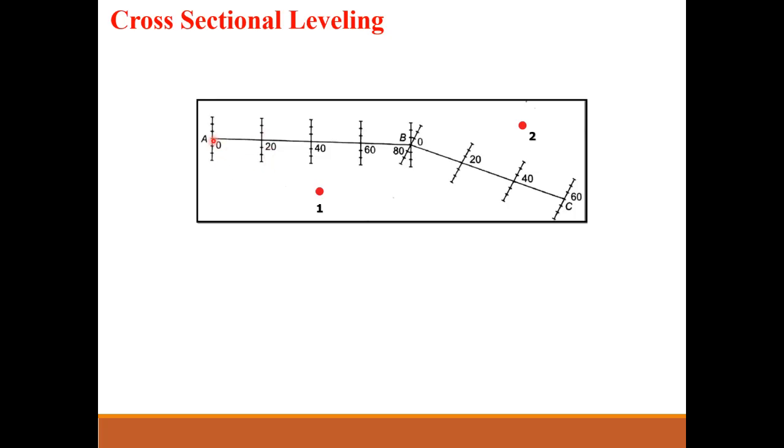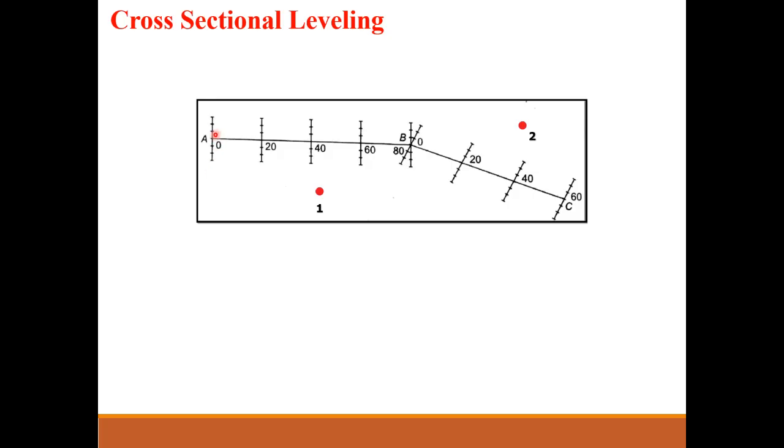Okay, first of all, at point A, the leveling staff will be held exactly at the center. It will be the first reading. Then we move towards the second reading. Over here we held the staff right here. It will be the second reading, similarly the third reading and the fourth reading.